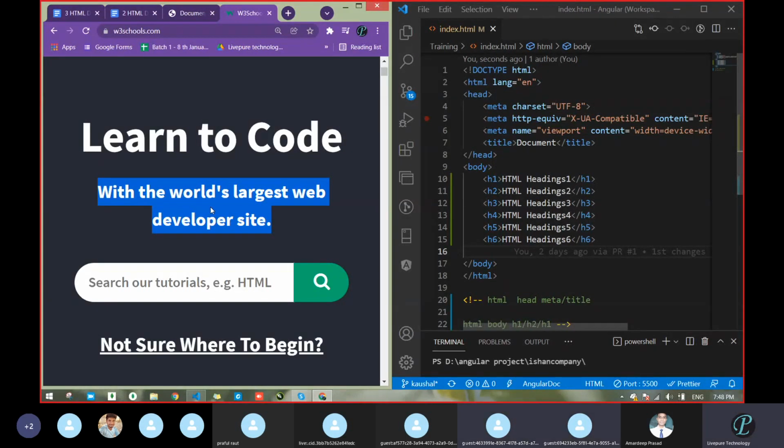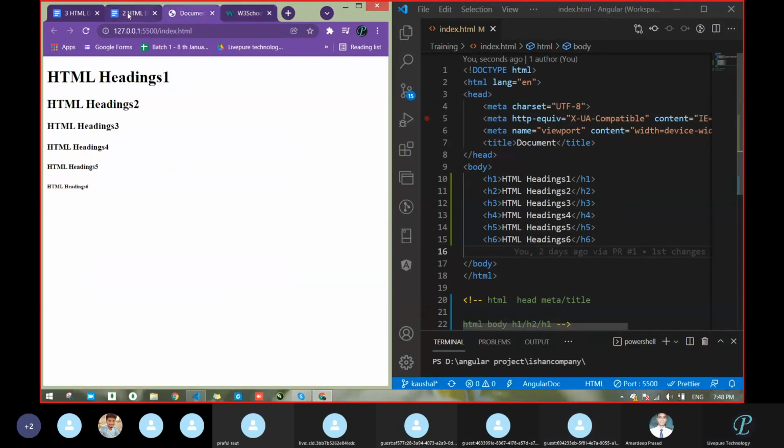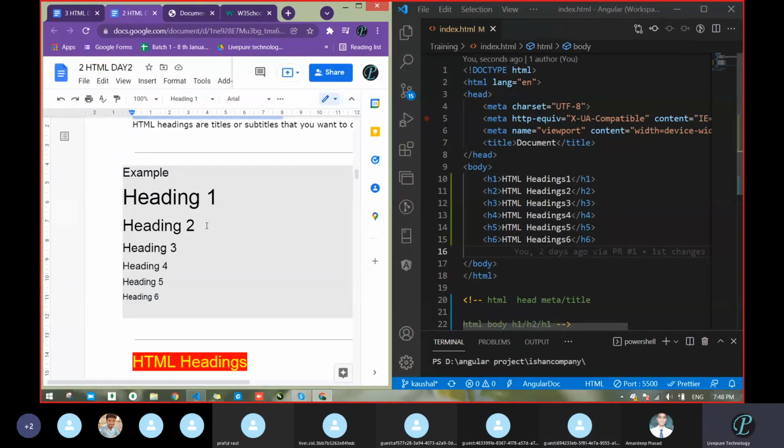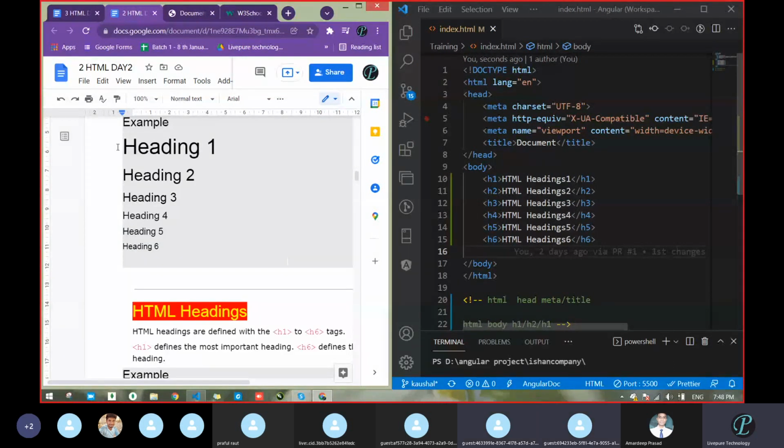H6. Yeah, H6, correct. So see, H1 to H6. So in an interview, if they ask you which is the largest and which is the smallest, what will be the answer? H1 is the largest and H6 is the smallest.